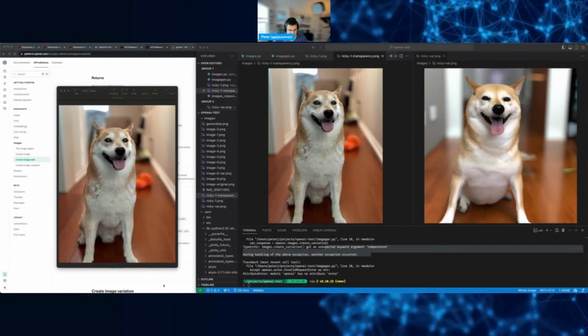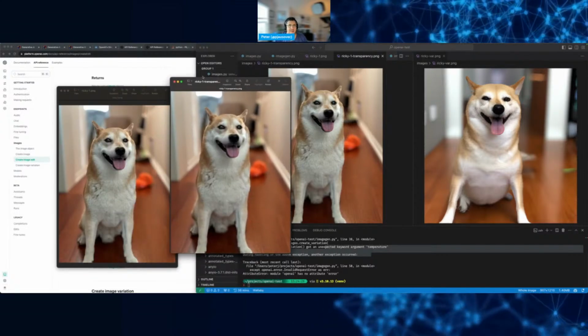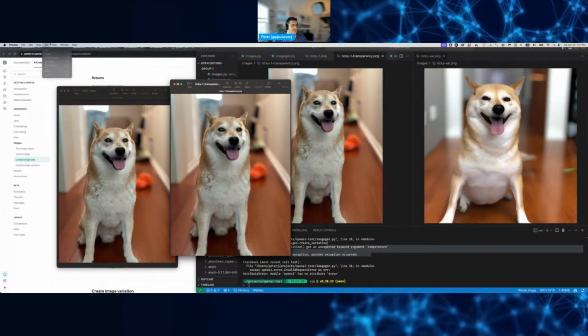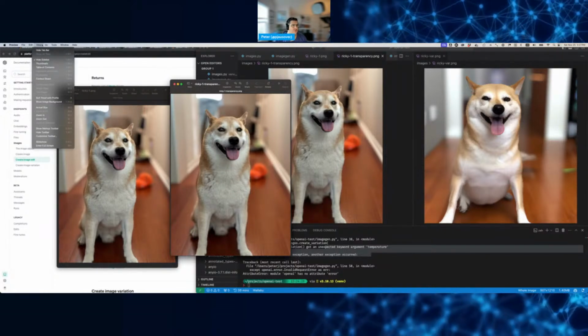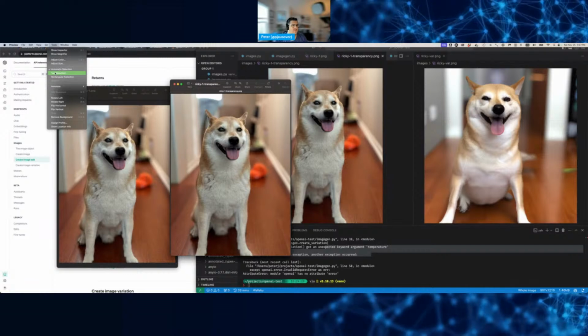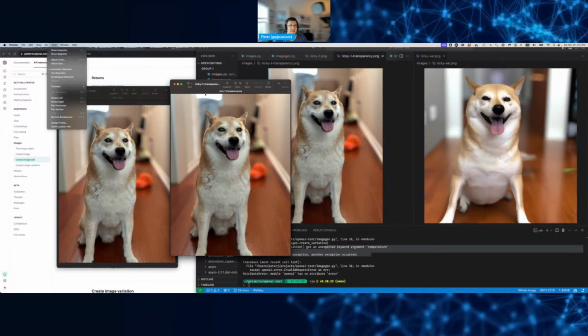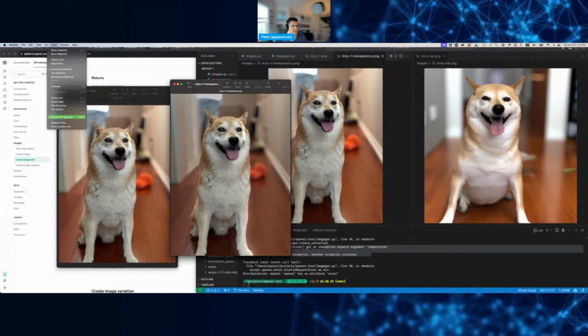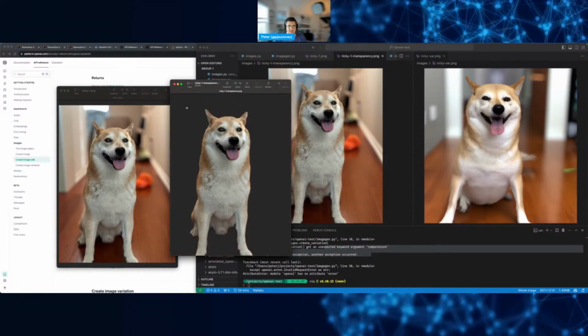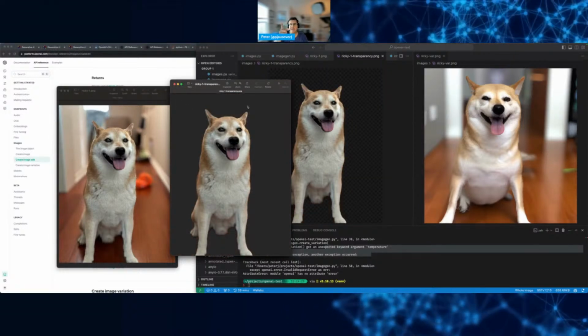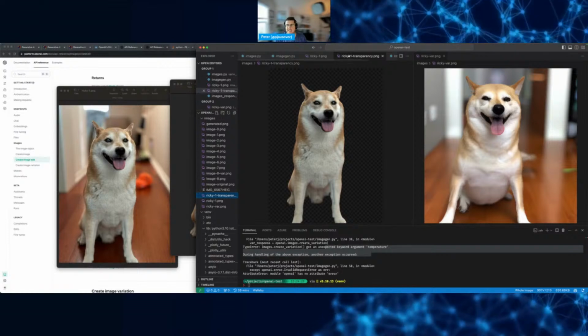I don't think I have any tools. Is there a way that I can delete? Oh, we could remove background. Let's try that one. Okay, so this one is transparent background now, and now we can say with this image passing in, yes, it's